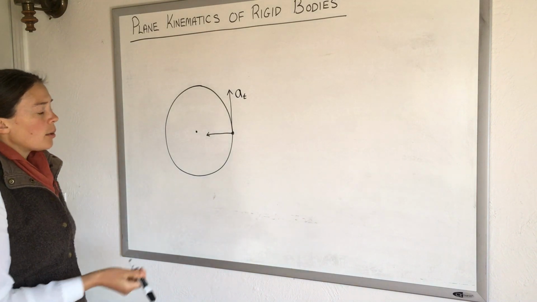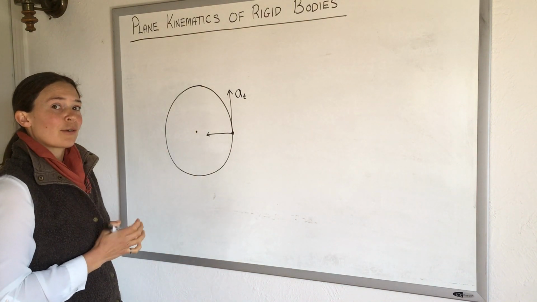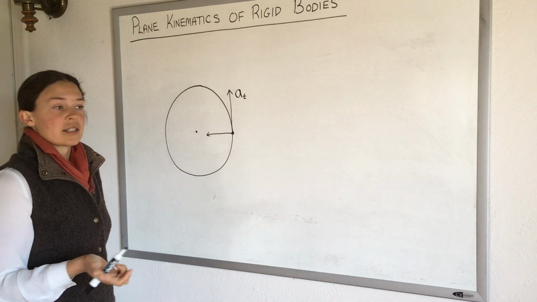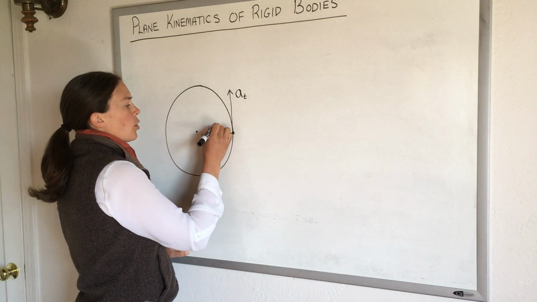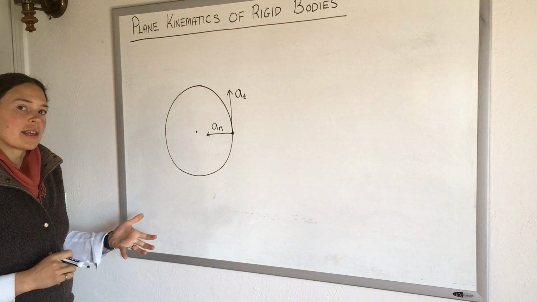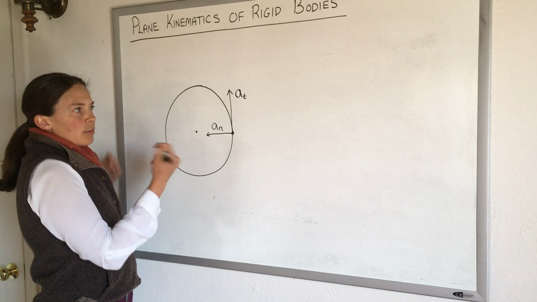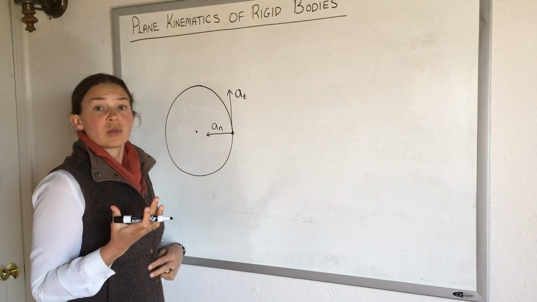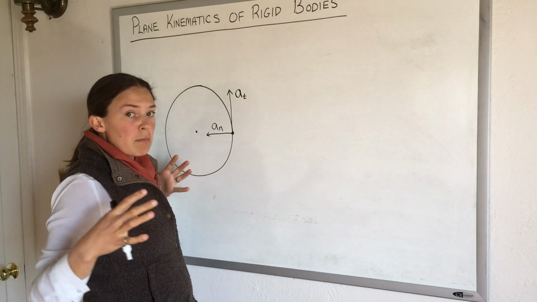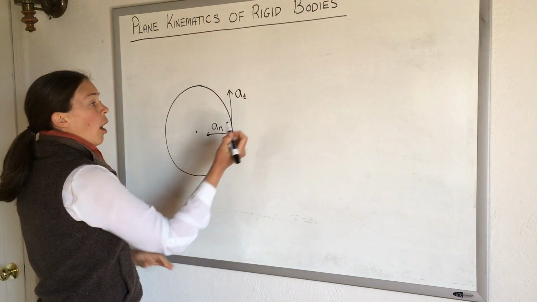And then there's a second component that's usually in towards the center of rotation, keeping it moving in a circle. This was the radial acceleration before, and now we're going to call it the normal acceleration. If we go back to those kinematic equations and assume that the radius is constant, which is reasonable here where we're talking about rigid bodies, so things aren't getting bigger or smaller, then we can say that